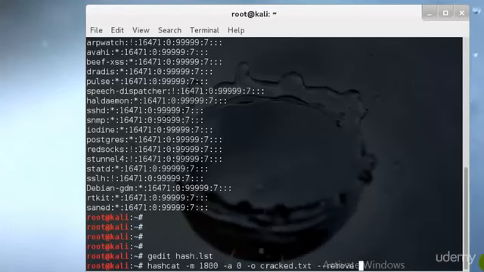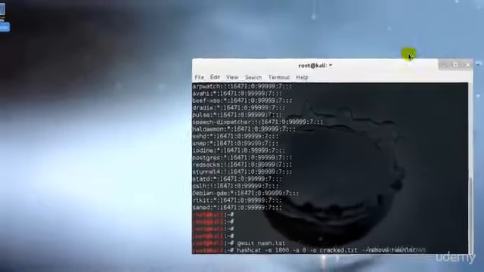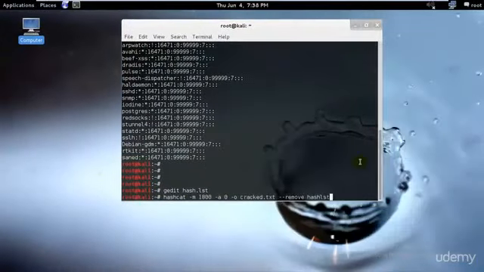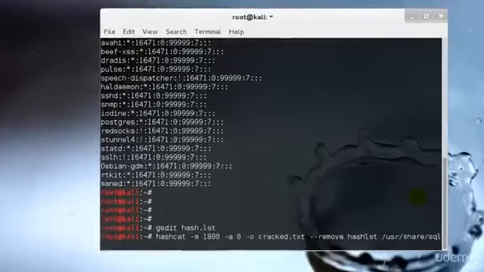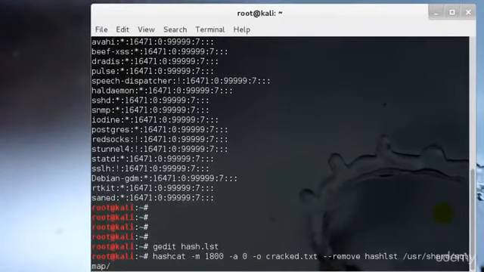remove hash.lst. I'll just go ahead and move it over here so that it will be clear for you to see. And I'll type /usr/share/sqlmap/txt/wordlist.txt. Perfect. Over here, before I proceed, -m